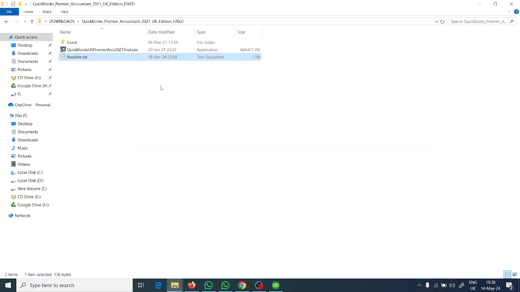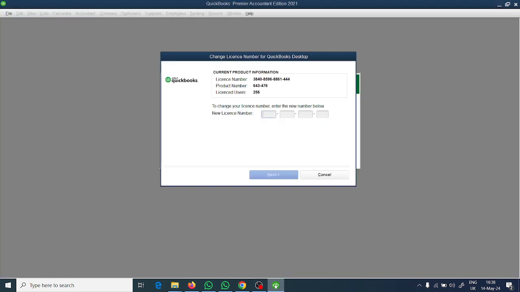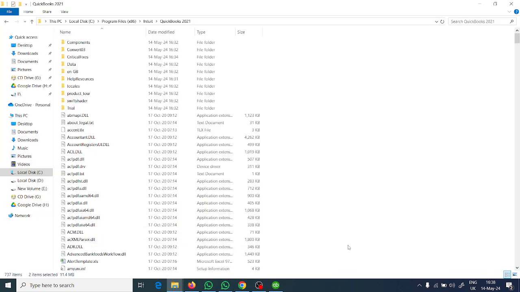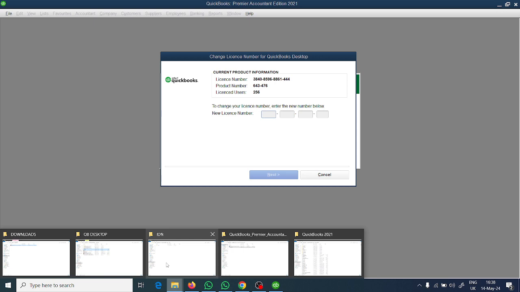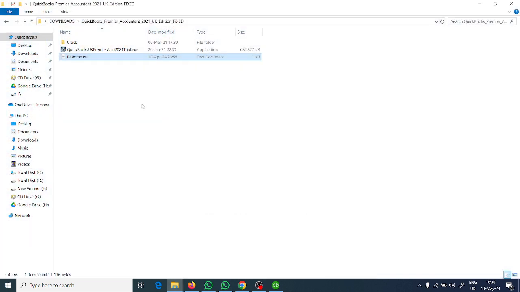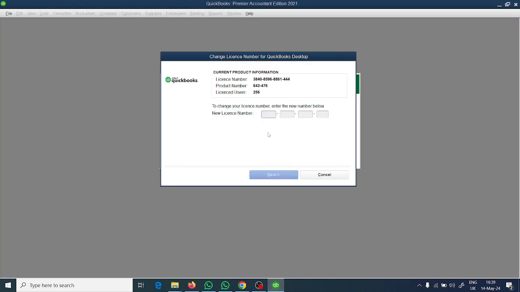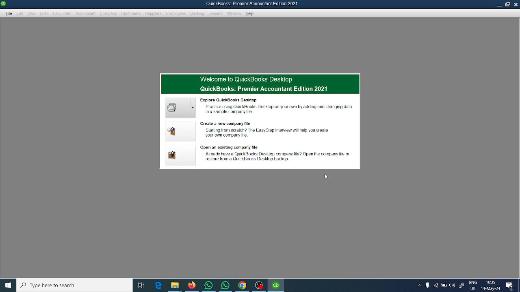Okay, so you now come to this, you open the readme file, get a license number from this file and put it here, then you click on next and you complete. The moment that is done, your installation will be complete. As you can realize,